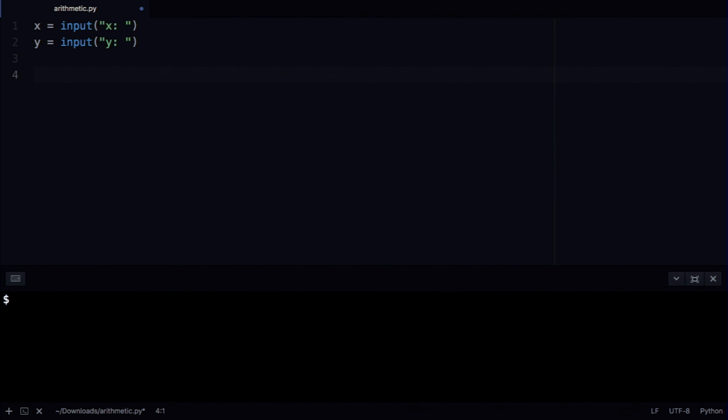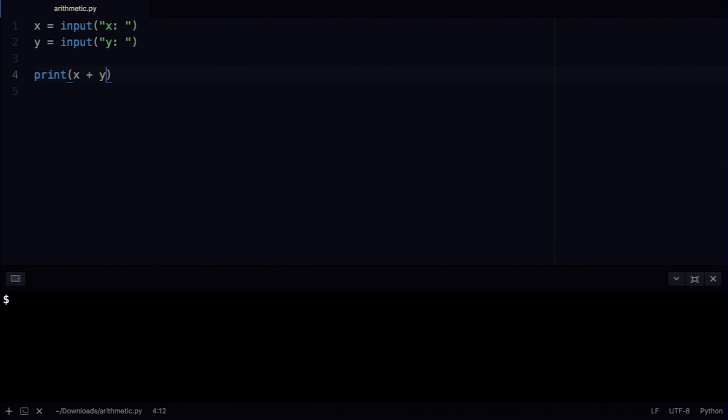And then I quite simply am going to go ahead and print out the result. So print x plus y, this time not using any double quotes at all, because what I literally want to print is x plus y, not the concatenation of two strings, not a string at all, but rather just a number. In my terminal window now, I'll go ahead and run Python on the name of this file,